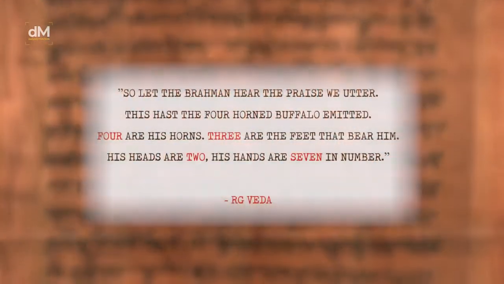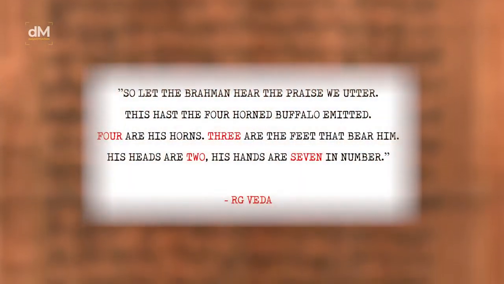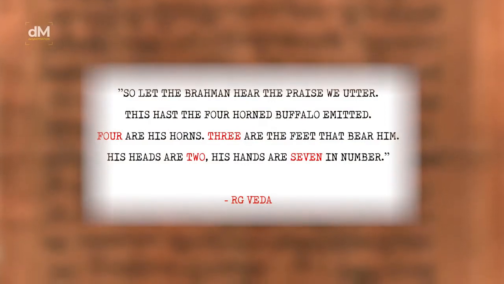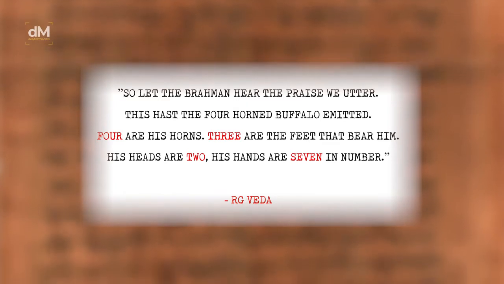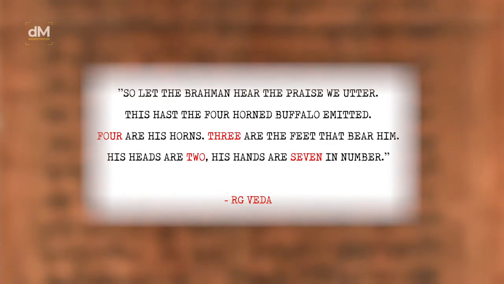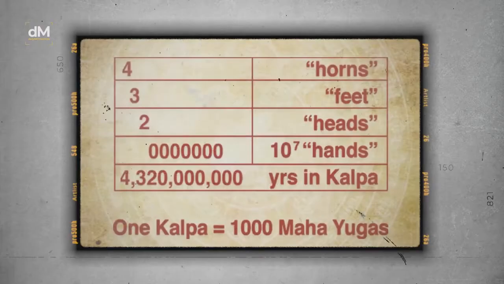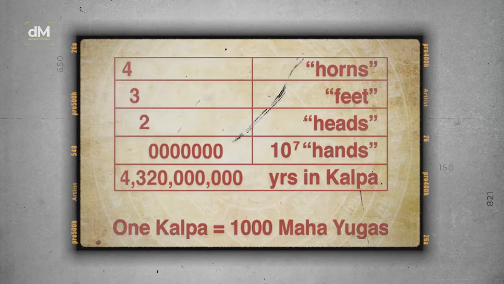Let the Brahman hear the praise we utter. This hast the four-horned buffalo emitted. 4 are his horns, 3 are the feet that bear him, his heads are 2, his hands are 7 in number. Notice 4, 3, 2, raised to the 7th power gives you the number of years in the ancient Vedic time span, the kalpa,